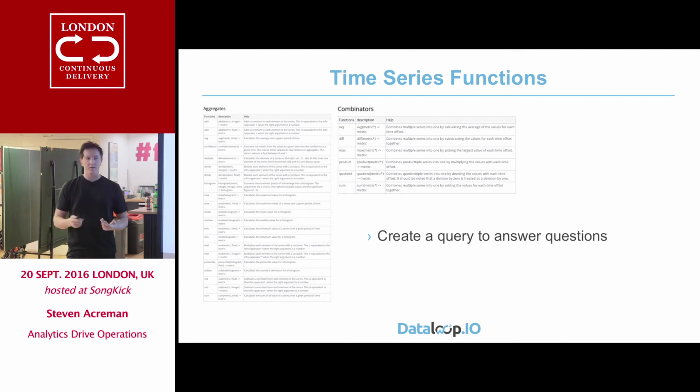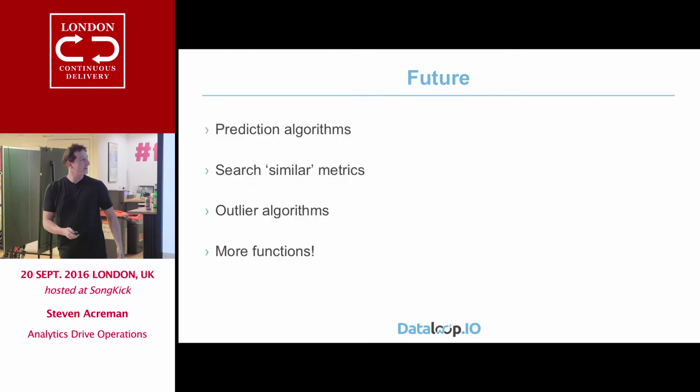I saw a Solr-based, Lucene-based time series database where you could search for metrics that looked similar, which I thought was quite cool. Maybe in a problem situation, you're probably pretty screwed by that point, and you want to hit the "I'm feeling lucky" button, and it will just go, oh yeah, here's things equally weird to this. I've been in a few of those where you just think, ah. So yeah, we're going to be adding a few new functions.